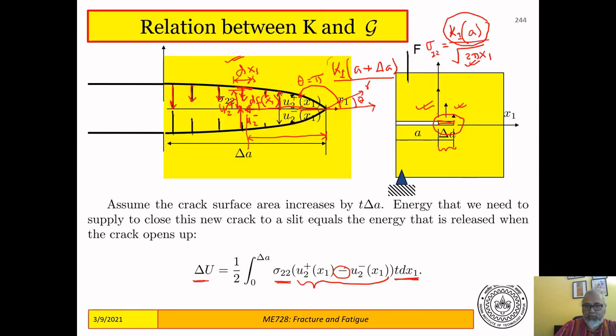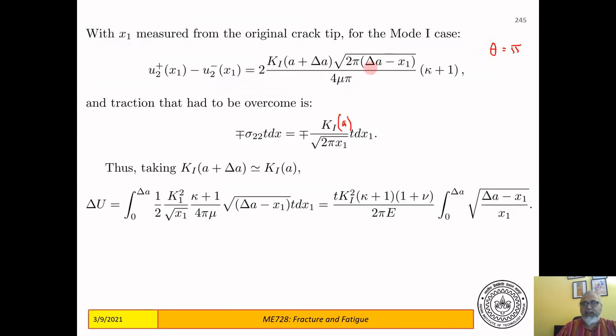So remember, x1 is measured from the main crack tip, so this is your x1. This is delta A, the total crack extension, and delta A minus x1 is your r. Okay, so in place of r, I write delta A minus x1, and the total strain energy change is now calculated